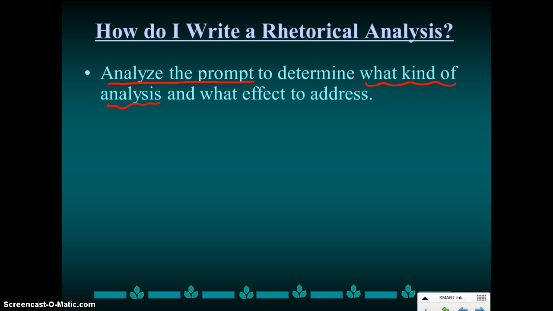Is it asking you to identify the purpose? Is it asking you to identify the audience? What is the reason for your initial analysis here, right? And then it's always going to be what the effect of that address is, or what the piece is. How is that piece achieving the purpose? How is the address achieving the purpose? How is the address relating to the audience? So that's the first thing you need to do.